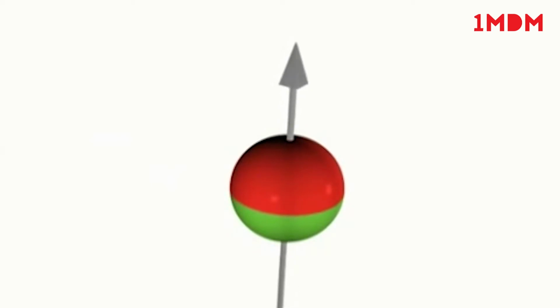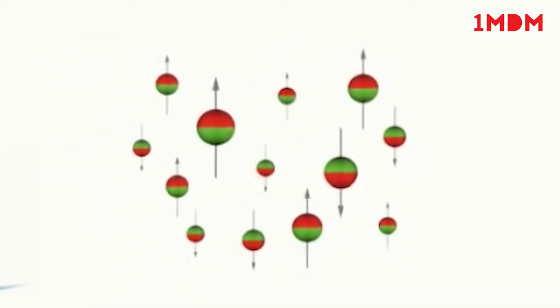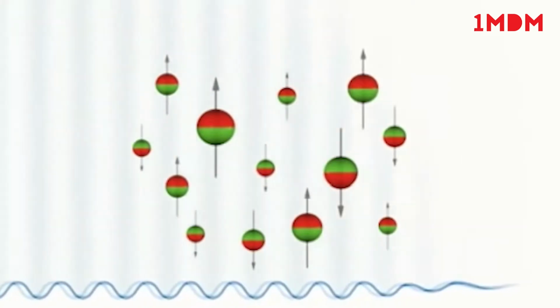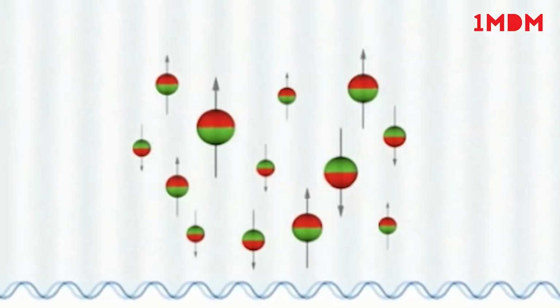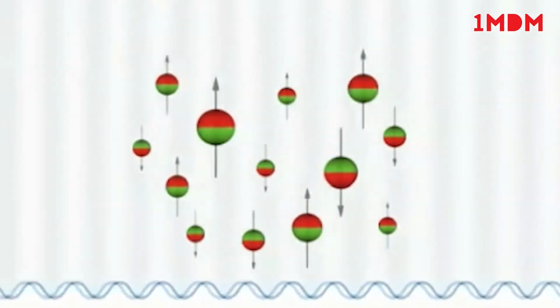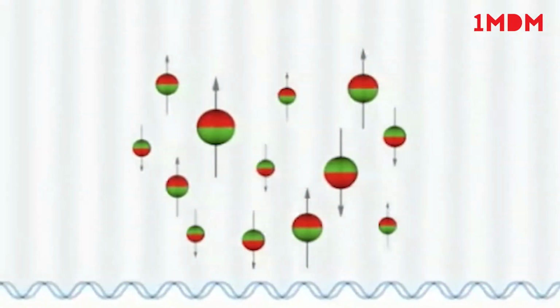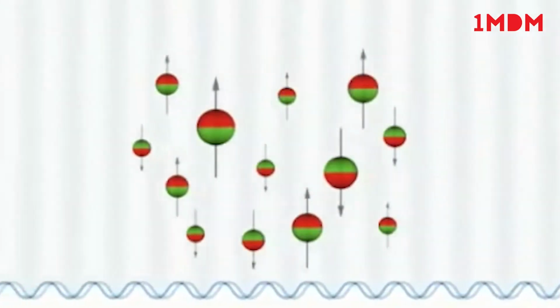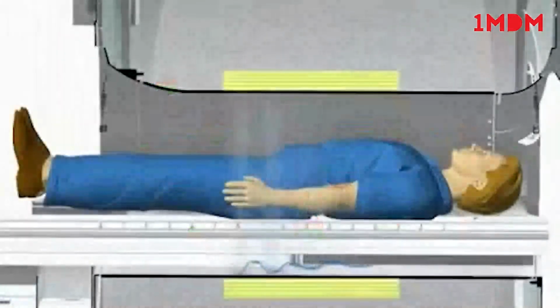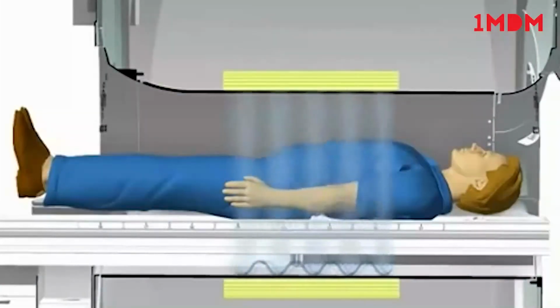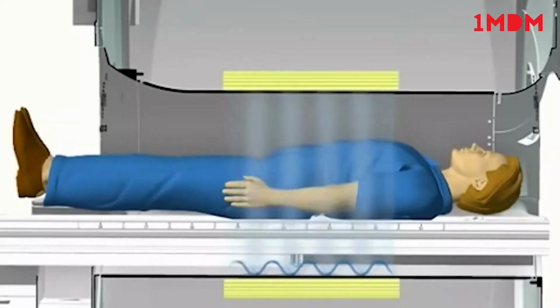The alignment of the proton is then systematically disrupted by an alternating magnetic field of suitable frequency. For a magnetic field of 1.5 T, the frequency required to affect the proton is about 63 MHz, which is in the frequency range of radio waves. A transmitting coil is a component of the MR scanner and generates the alternating magnetic field in the area under